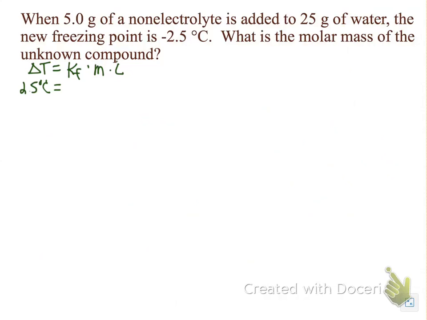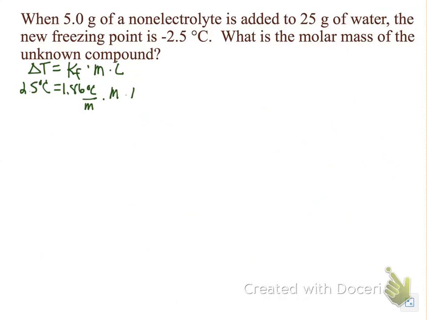We know the change in temperature is 2.5 degrees C. We know the K sub F is 1.86 degrees C over molality. We do not know the molality of the solution, but because it's a non-electrolyte, we know that I is 1. Non-electrolyte means it does not break apart into ions. So I'm going to end up with something that doesn't come apart, so I'm going to only have an I of 1. Okay, so